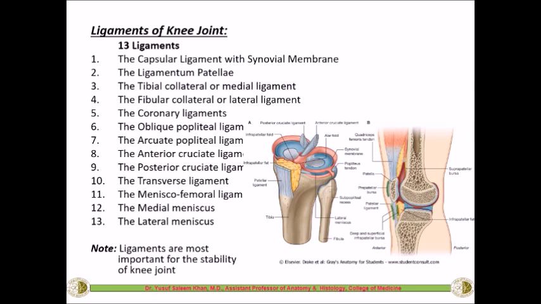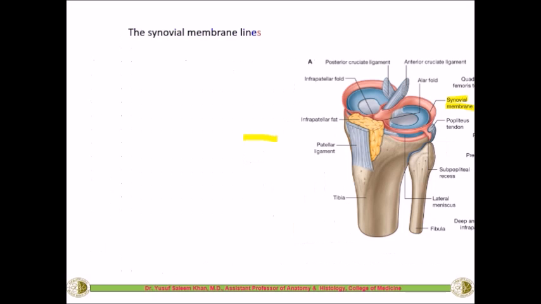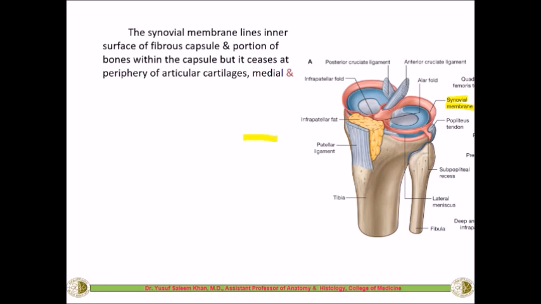Now we'll try to discuss each of them one by one. The first thing is the synovial membrane itself. So as I said, like all the synovial joints, this is also lined by the synovial membrane within the cavity of this